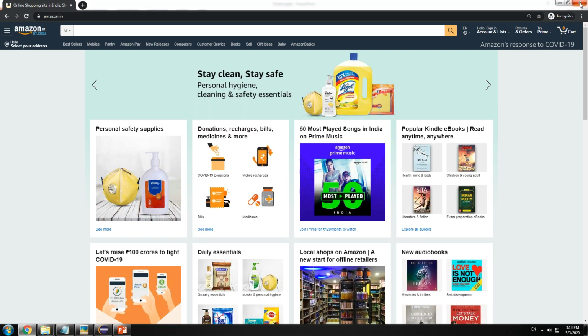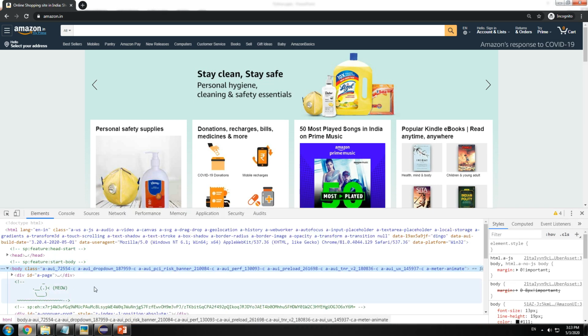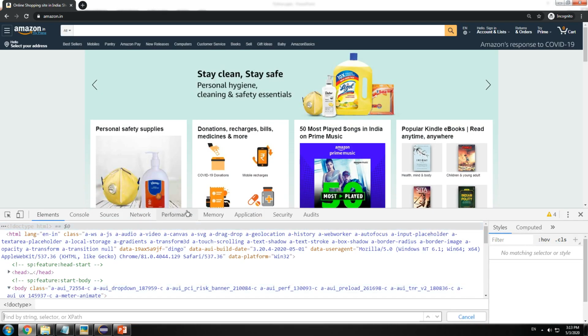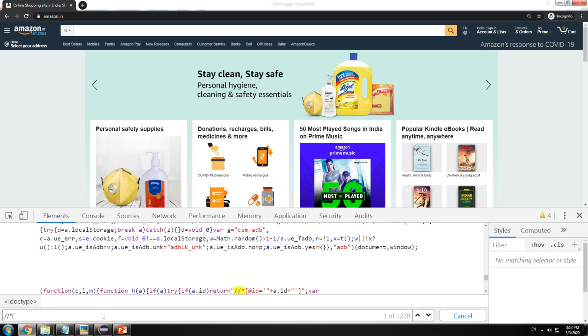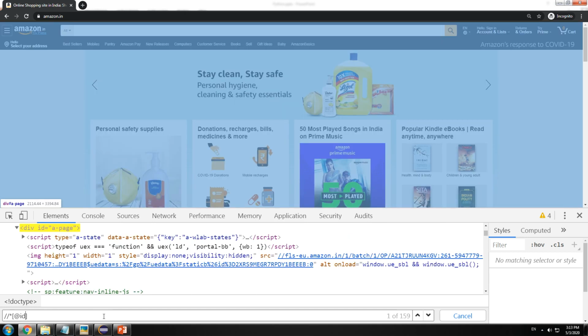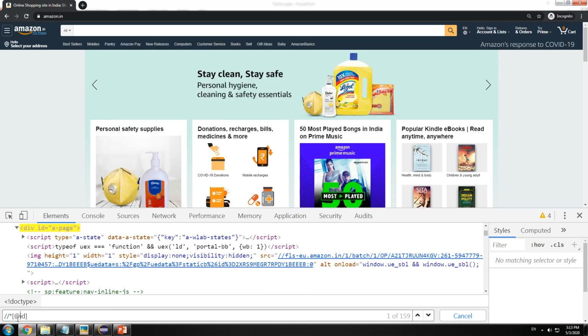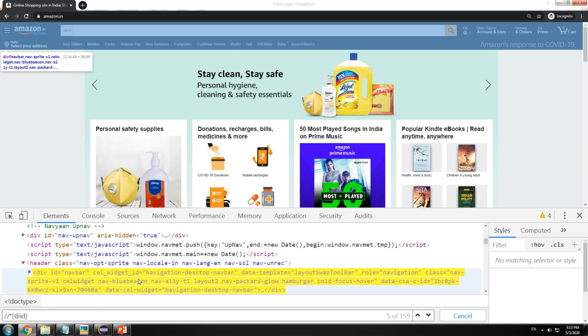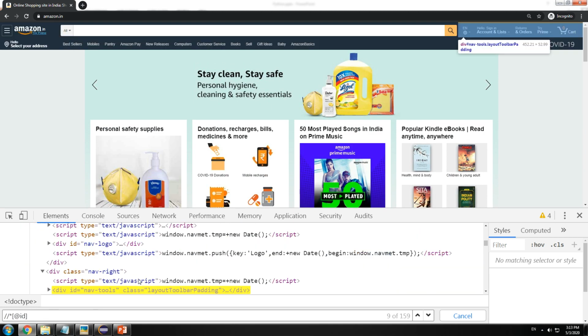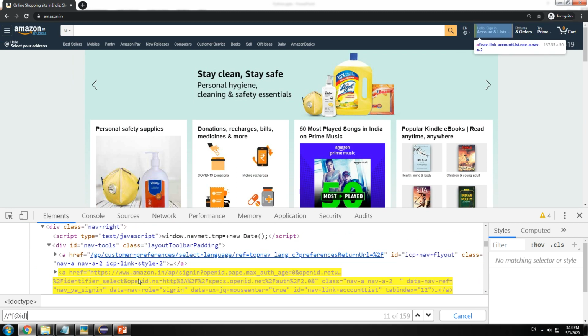Now let's look at this. In order to prove this, let me press F12. Let me come to the element section, press Ctrl F to get the search window, and let me find an element here which has an ID. So any element which has ID. So this is an XPath to find any element which has a tag ID. So let's look at a few. This is a big one. Okay, this is a good one right here.